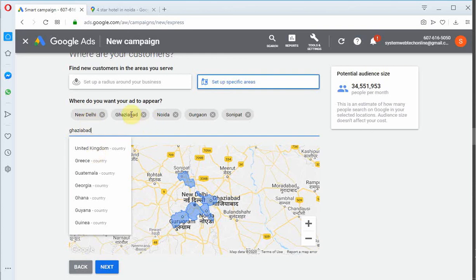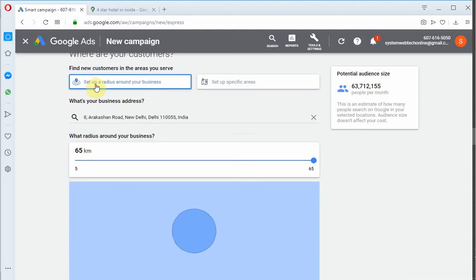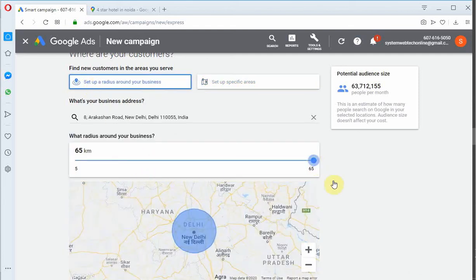Let me select this. And this, Noida. Or it is better if you let me select the area, right, and my area is 65 kilometers.